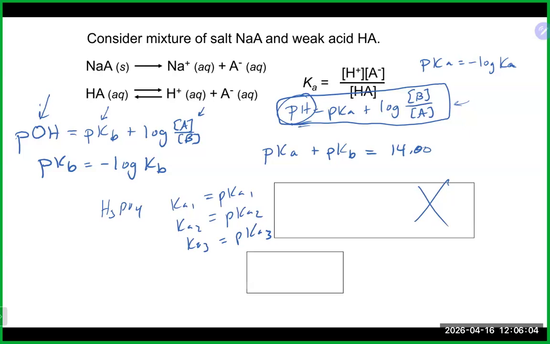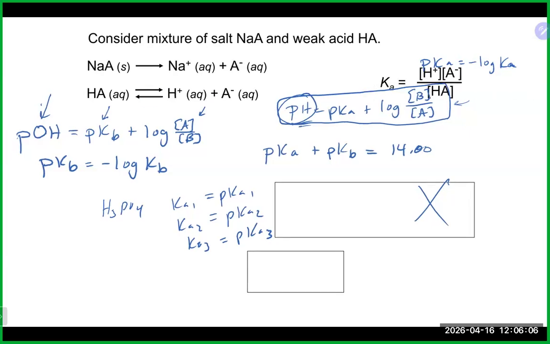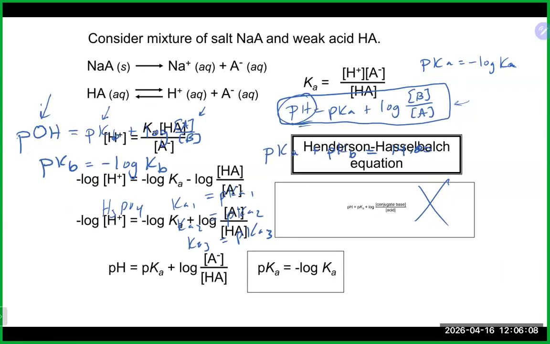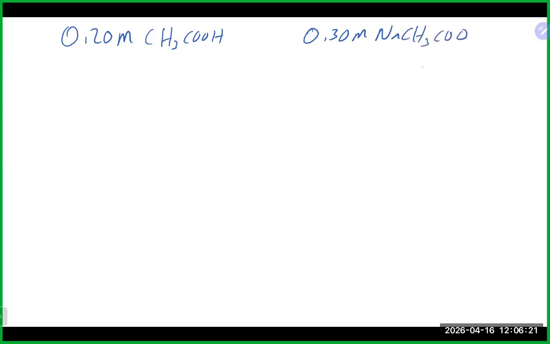Now, we did have that situation if you think about the problem we just did, which was this one here, where we had our 0.2 molar acetic acid and our 0.3 molar sodium acetate. So that's the one we just did with the ice table. And we had our Ka value of 1.8 times 10 to the minus 5. So this is a common ion, and one of the ways you can recognize a common ion and really a buffer, by the way, is